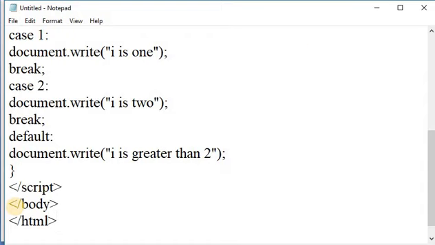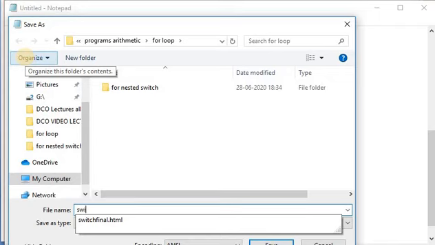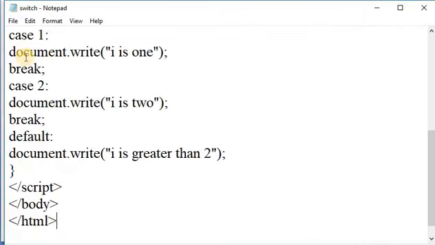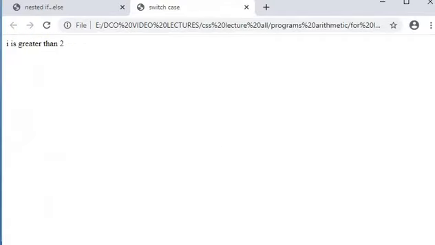Save this file with the extension .html. File, save, switch.html, and see the output. It will show i is greater than 2.